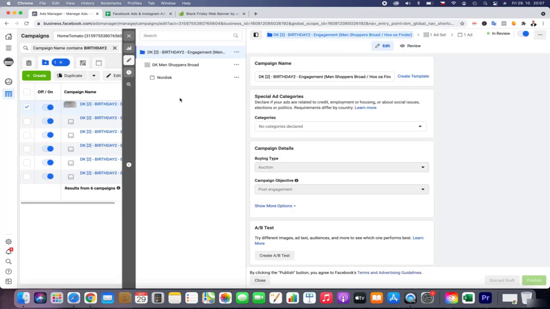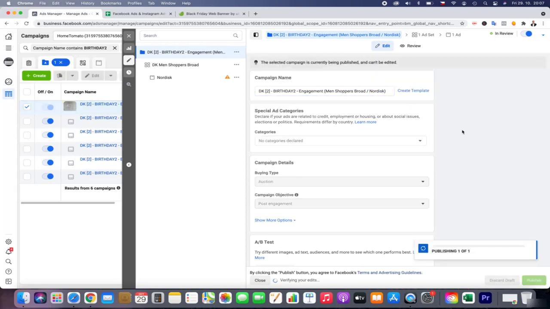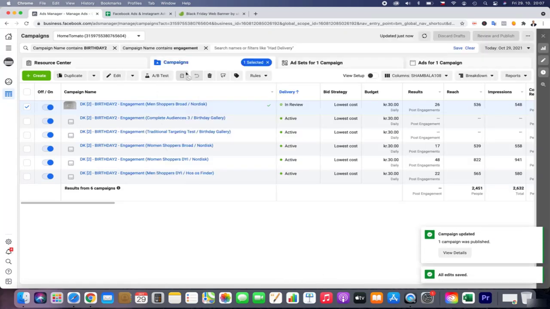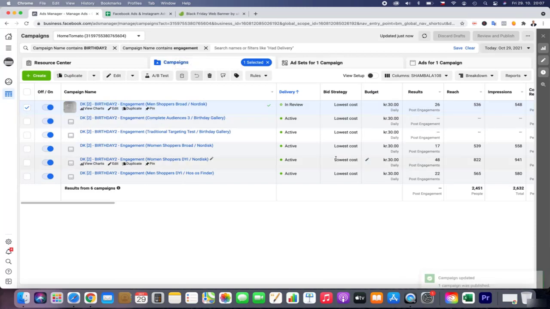So as you can see, the naming is important. I just missed it, so we will publish it. But I think we shall really build up more retargeting, like more power for engagement retargeting. So let's have a look into this, and I would love to do more with this birthday gallery.